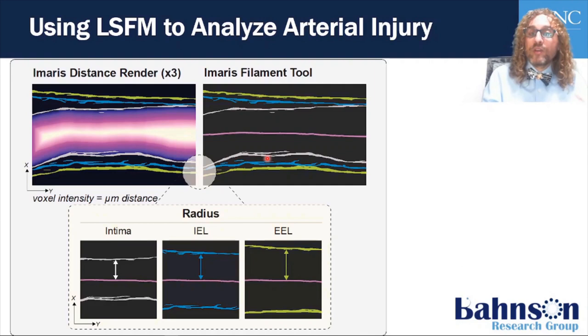To do that, we use the filament tool in Imaris to find the center of the artery and this distance render, where we create this heat map where each voxel is actually a distance in micrometers. With this, we can actually record all the radii along the entire length of the artery from that filament toward the intima, the internal elastic lamina, and the external elastic lamina. With all those radii, we can